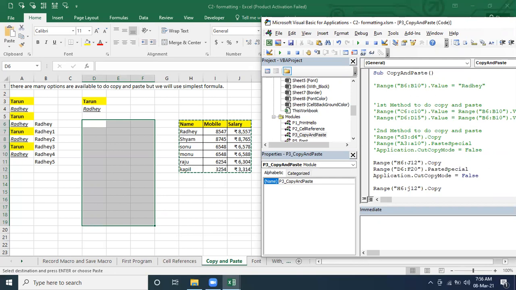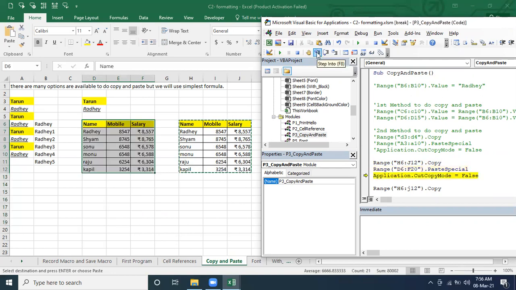So what is it going to do? We want to see practically how it's going to work. It should repeat, because earlier we did it for these two cells and pasted to multiple cells. It was pasting and repeating the same things. So let's see whether it's going to do that or not. We copied and now we are going to paste to different cells. Okay. Here it is not going to paste.